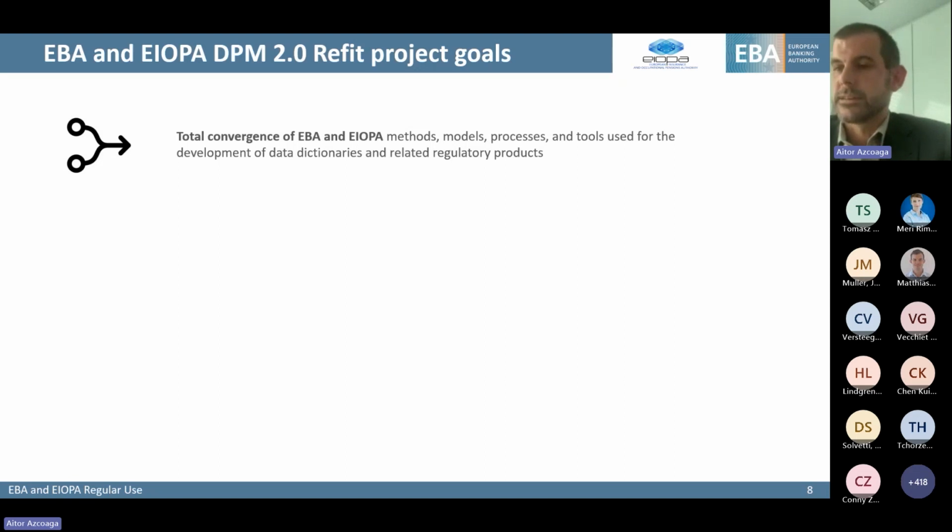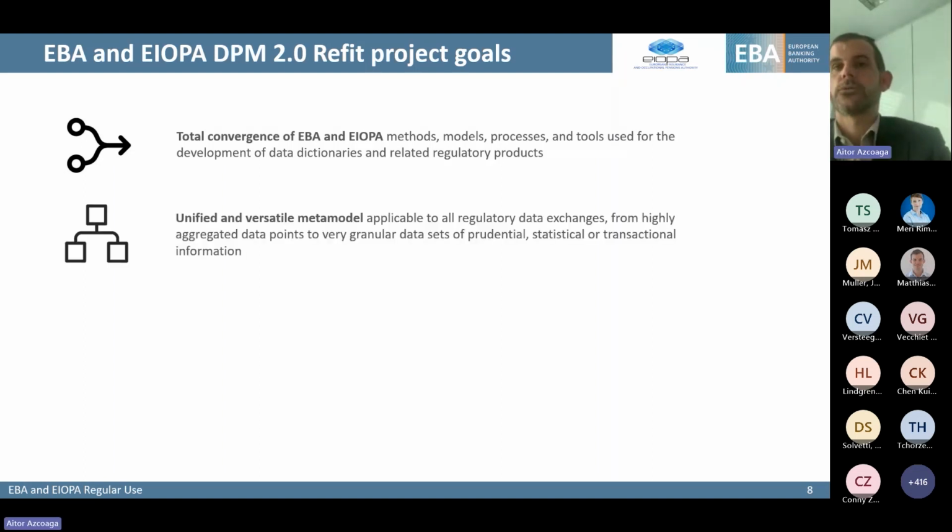The regulators are targeting both of our financial sectors. There are very common groups and entities that include insurance and banks, and software providers are providing service to pension funds, insurance, banks, completely cross sector. So we believe that we need to have a complete convergence on our methods that will help the industry. So this is one of the goals of the Refit.